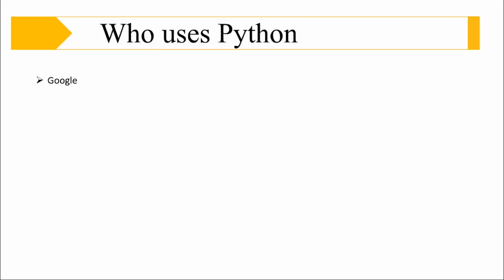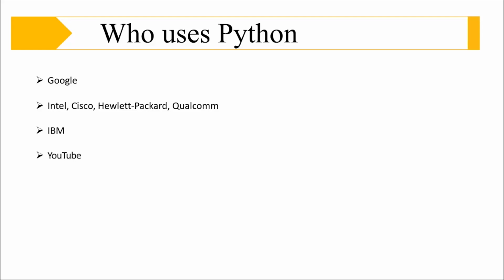So Google is extensively using Python in its web searching algorithm. Whatever I have said, like taking the query, forwarding it to the Google server, and giving back the results in a fraction of a second, this complete algorithm is written in Python. Next, we have hardware companies like Intel, Cisco, HP, Qualcomm. These companies are using Python for hardware testing. Then we have IBM, which is using Python for some of its factory tool applications.